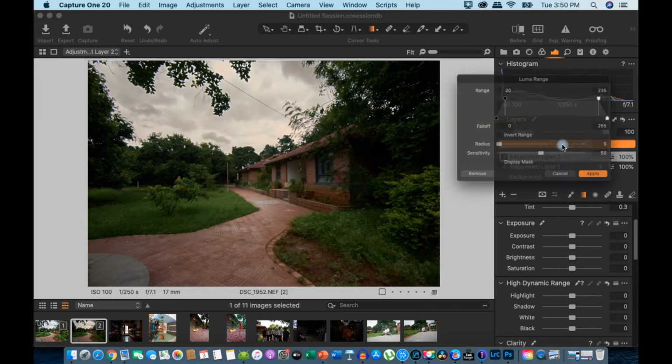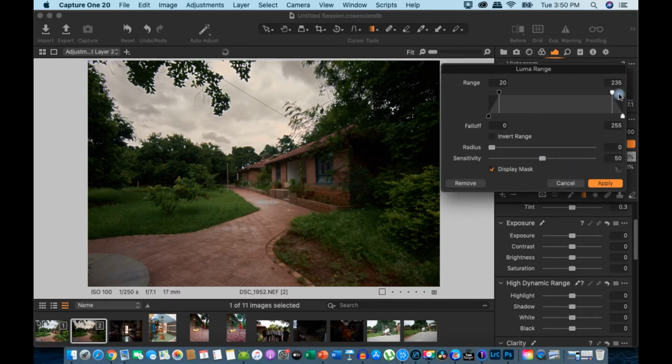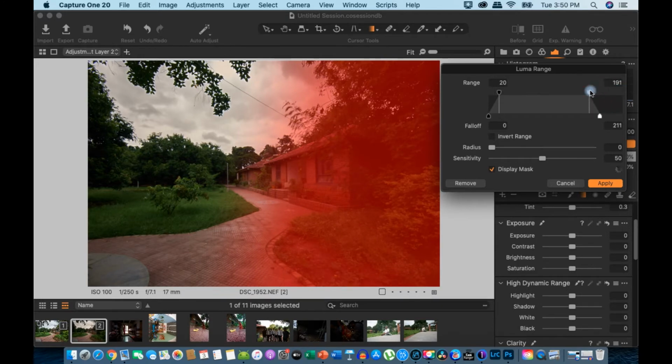Again we'll go to luma range. This is one thing you need to keep in mind: if you are working with only local edits, you need to make use of luma range every time to ensure that you are selecting the right areas which you want to work on. Otherwise, if your mask is not precise, it will not give you the good result you are targeting. In other words, you need to make your mask very precise, and it is a similar principle in any editing software you use, Lightroom or Capture One. The principle remains the same.